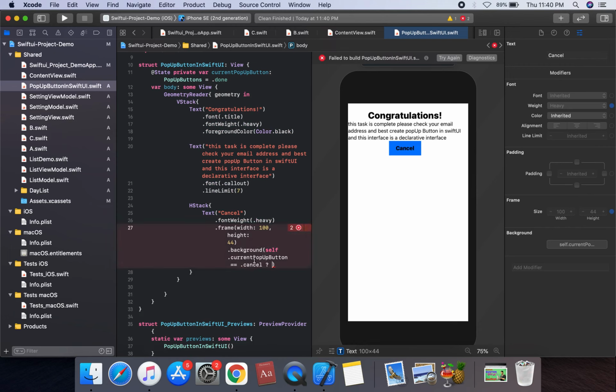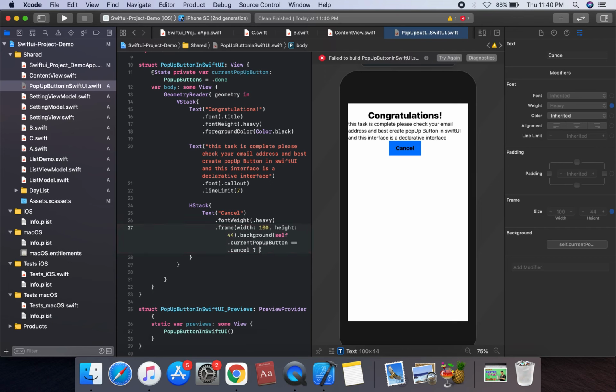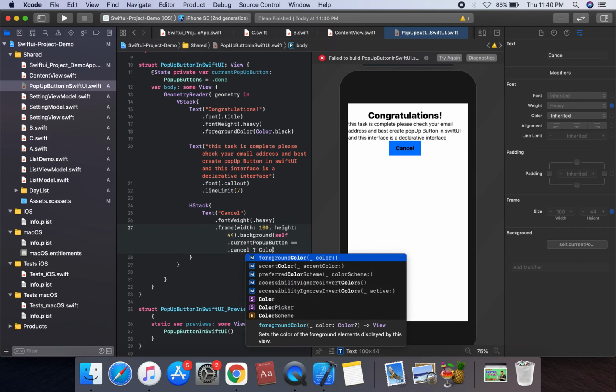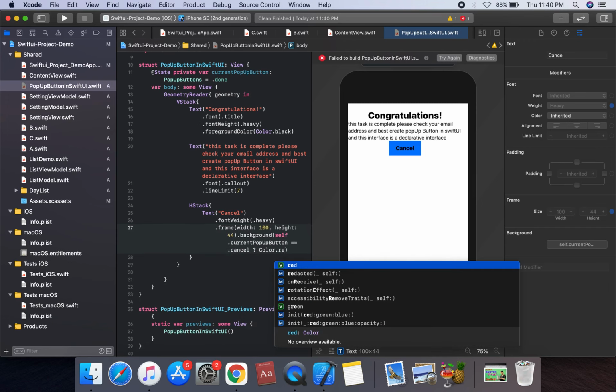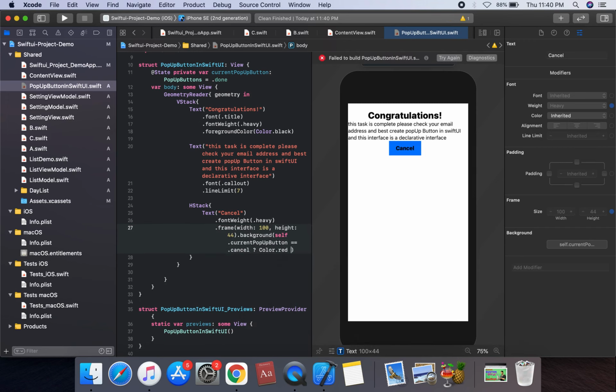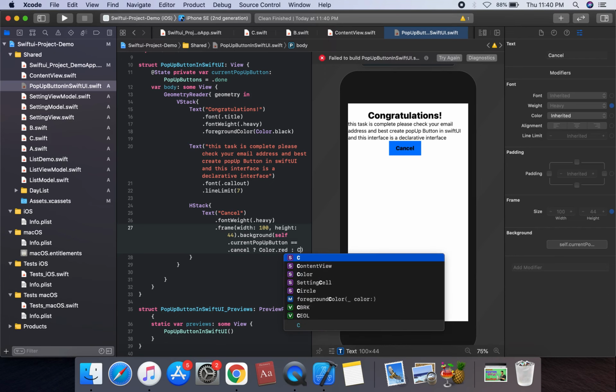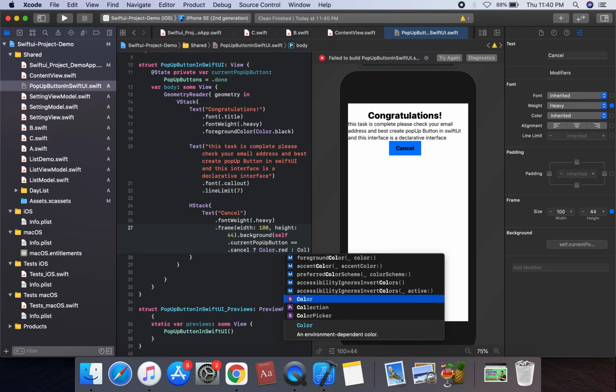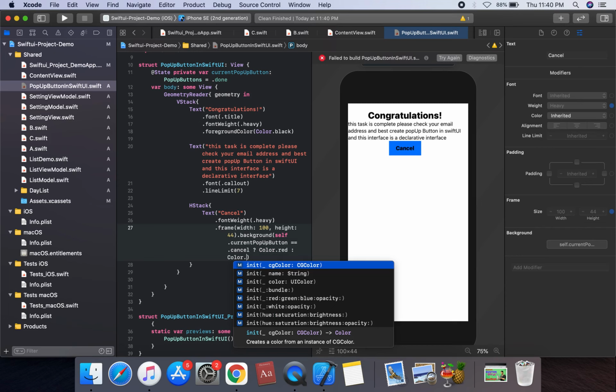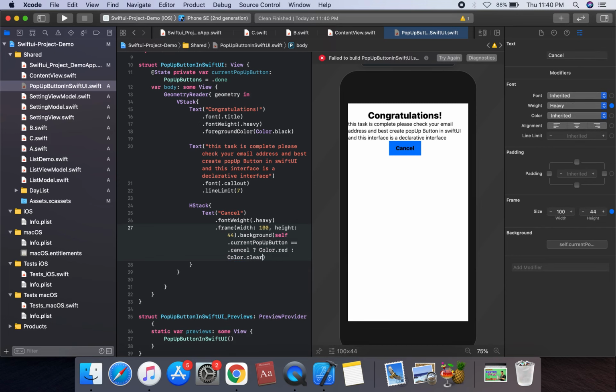So color dot red, we can exit dot color dot red color, and otherwise color dot clear color.